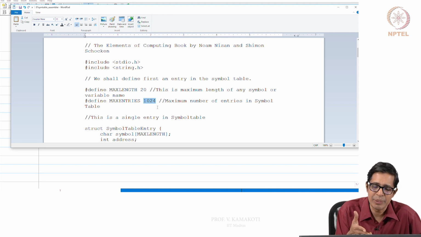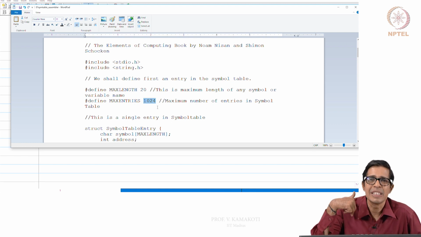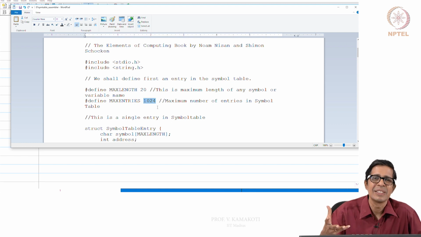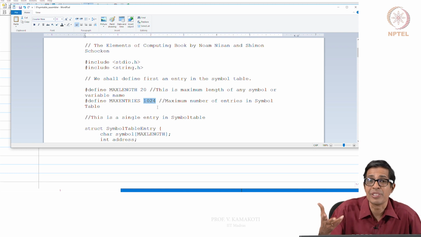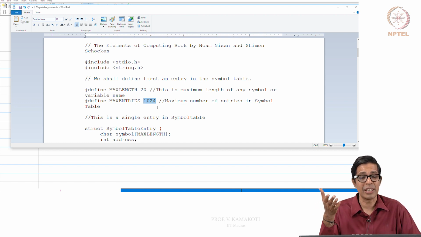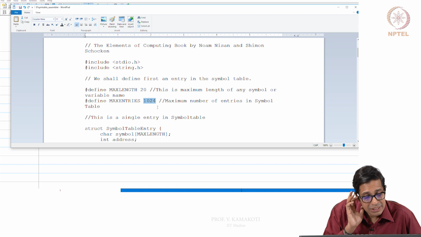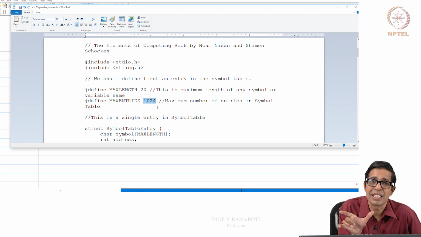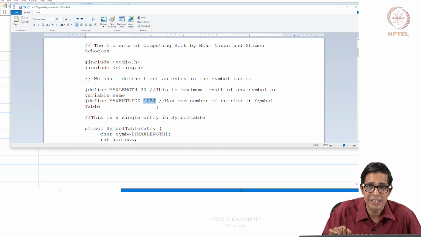And there, when we make max length 20 and max entries 1024, the assembly fails. It now says I need more entries because the number of symbols that the program used is more than 1500, and similarly max length is something very large, right? There are strings which are more than 20 characters.